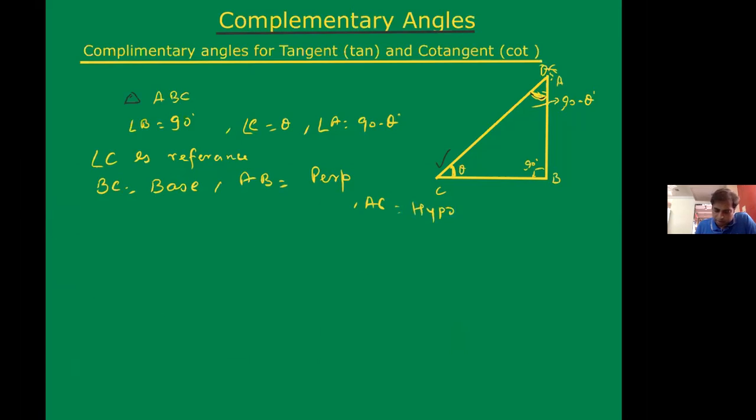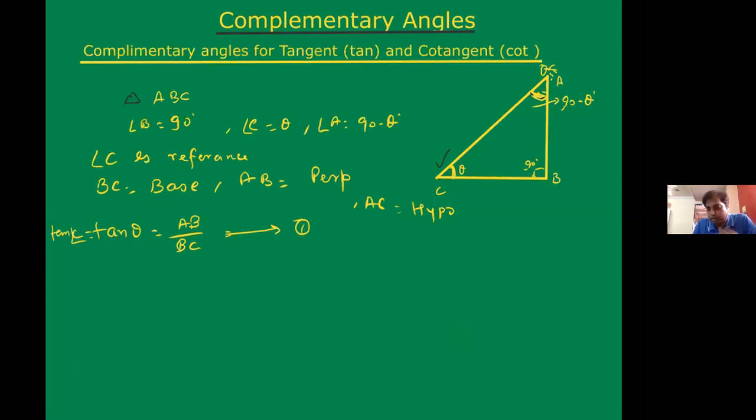Now tan theta is nothing but tan C. If I say tan angle C, tan theta equal to perpendicular by base. The perpendicular is AB and the base is BC. So this is considered equation 1. Now we will take cot theta with respect to angle A. Tan theta we have taken with angle C, one of the acute angles. Cot theta we will take with A, because A is the other acute angle.